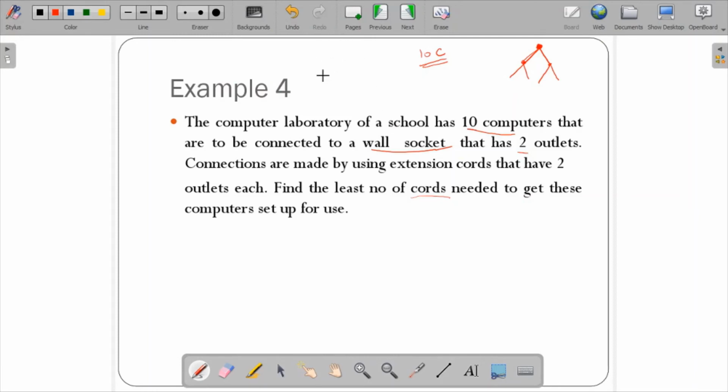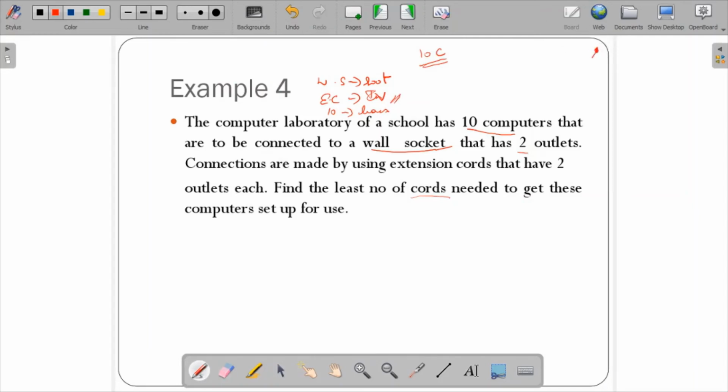So from this we came to know that the wall socket is the root. Connections are made by using extension cords that have 2 outlets each. Extension cords are taken as internal vertices, and what are supposed to be connected? That is nothing but the computers. The 10 computers are taken as leaves. So if I want to represent this diagrammatically, then it would be nothing but,